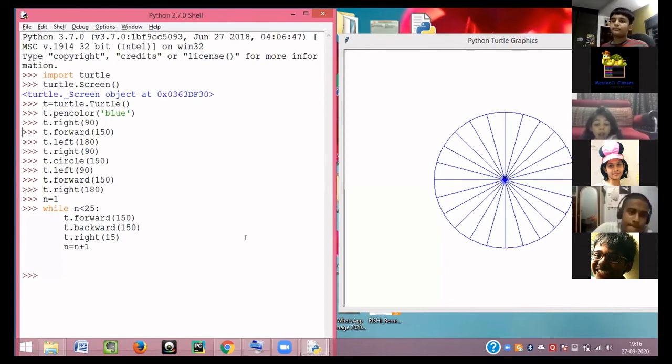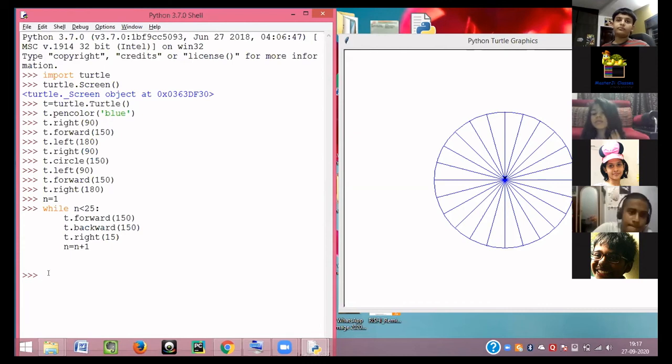If you're writing n equals to 24, it might not work. If we have to give a large range, let's suppose I want to do a particular thing 50 times. So I have to use less than. Equal to will not work.